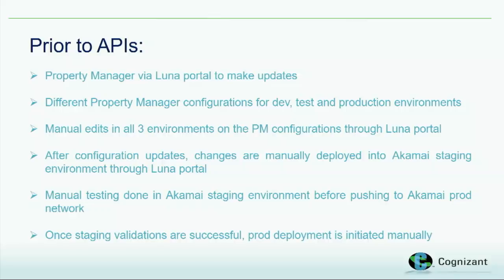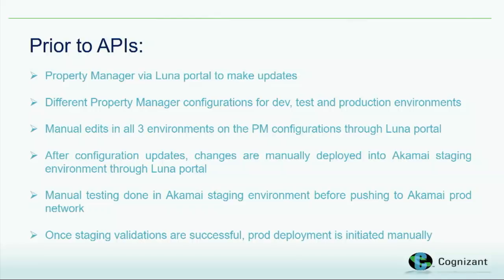So you would do your changes in the dev environment. Then after everything was tested, you would do those changes again in the QA configuration, right? And then you would go ahead and do those changes in the prod environment. So basically you are repeating the whole process, repetition of work, and it was a manual and error prone process,